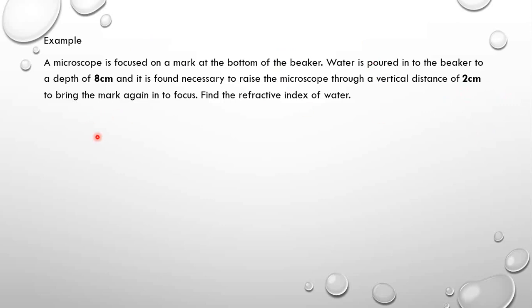So it means that we shall use the formula N is equal to T divided by T minus D, where T is 8 and D is 2. And therefore we shall substitute for T and D, and we shall have 8 divided by 8 minus 2, which will give us 1.33. So the refractive index of water is